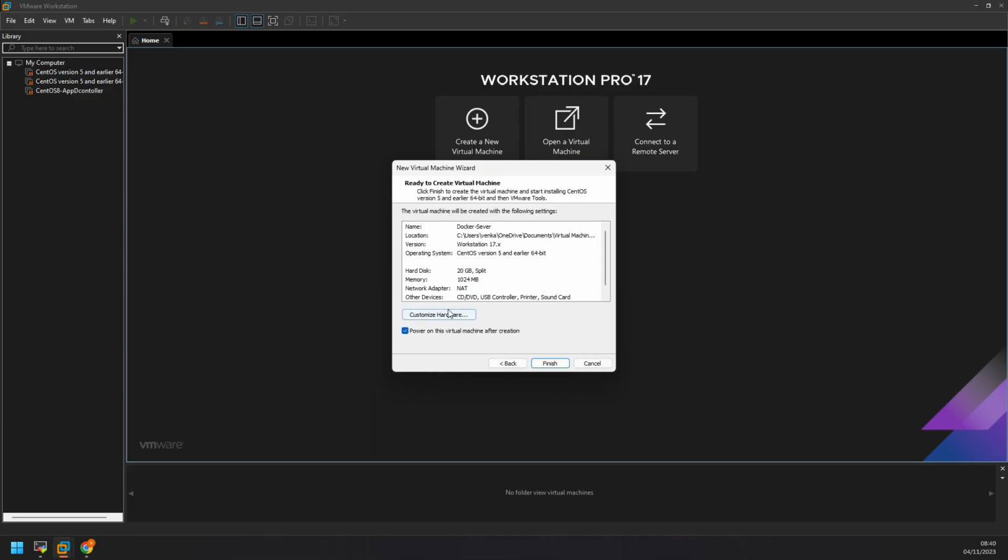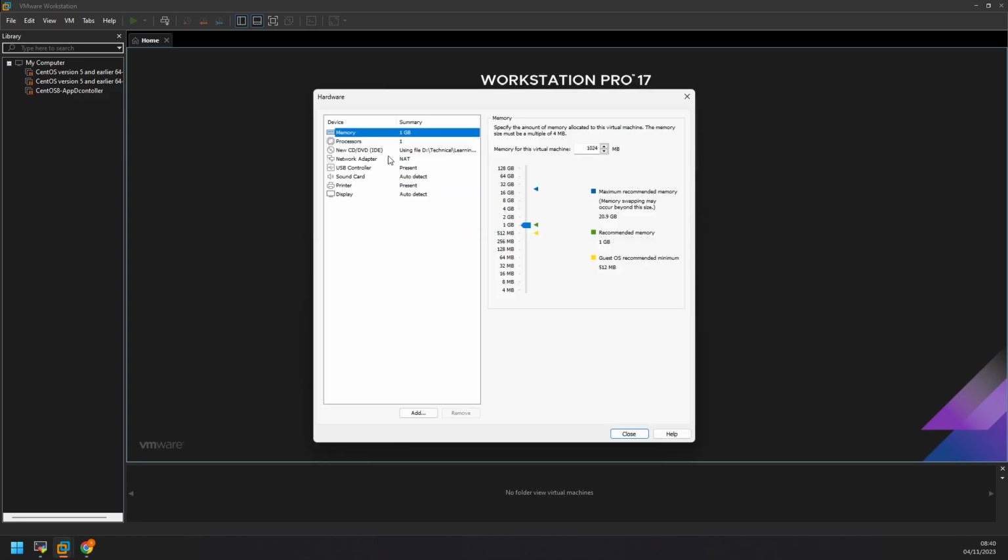And here you can click on customize hardware before you finish it. What customization of hardware is going to do is make sure that you change your RAM and memory, sorry, processor, other stuff. So here you can give about 4 to 8 GB if you have much space, because I think I have